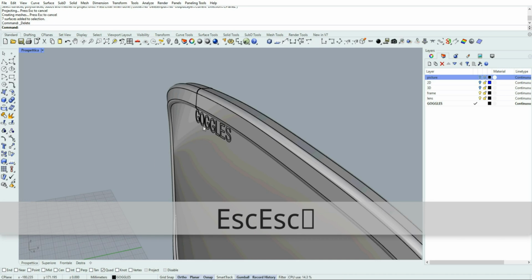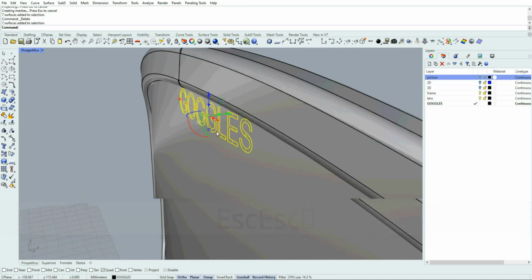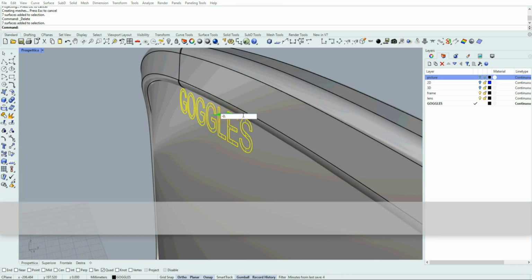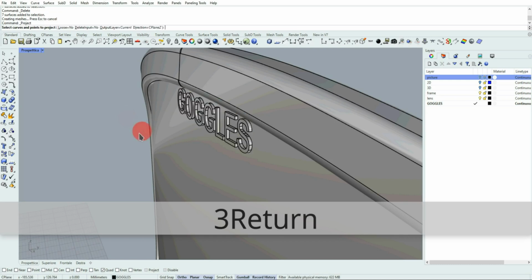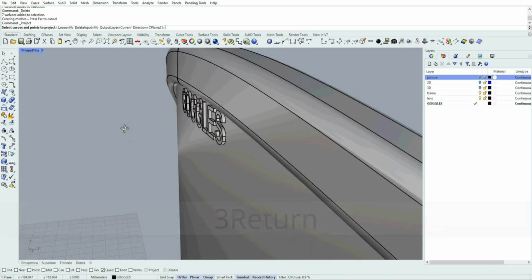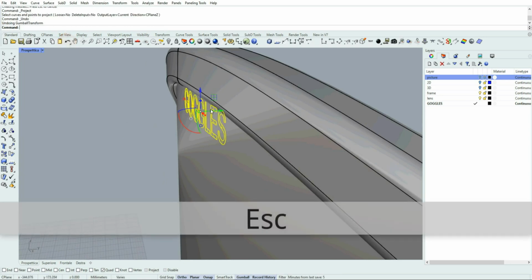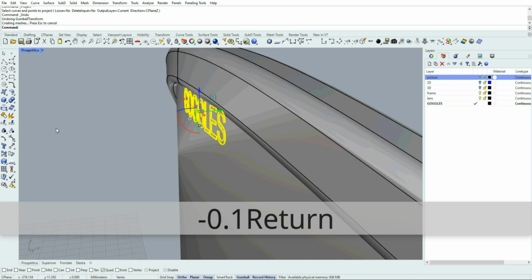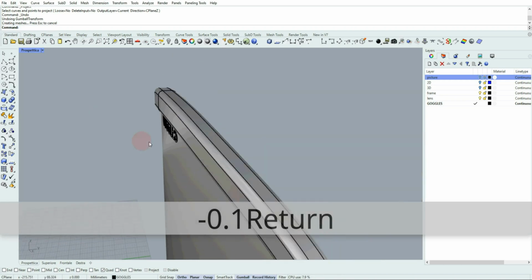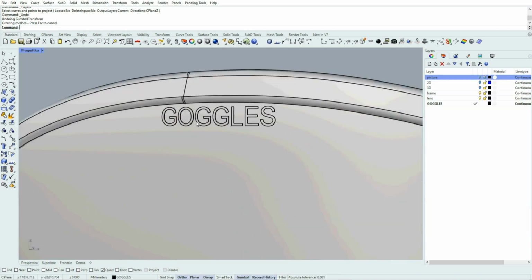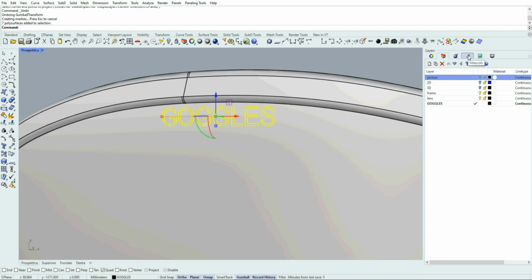As you know, surfaces have no thickness, so I have to create one. I can use the small ball, the green ball, and I type minus, because the direction of the green axis is to the right, and in our case I want to go to the left. Minus 0.1 probably is okay. And now I got an object.